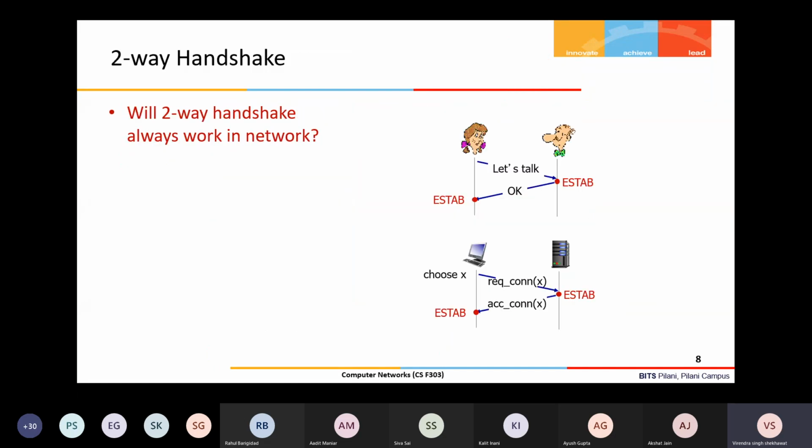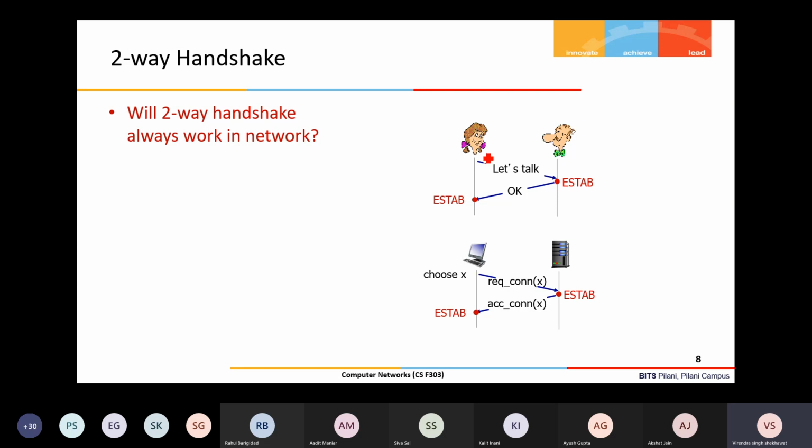Now let's see how many messages are needed for establishing the connection, and what kind of handshaking is required. One example is a two-way handshake.